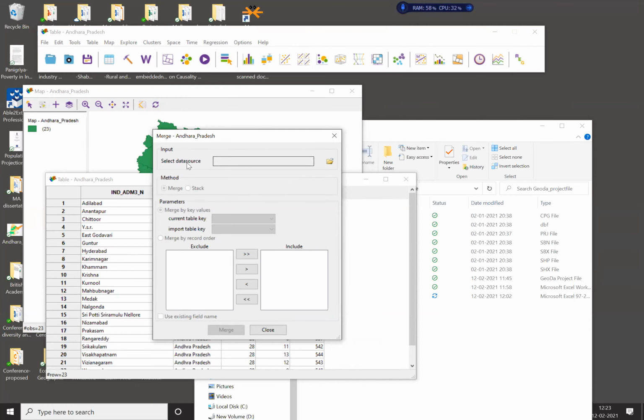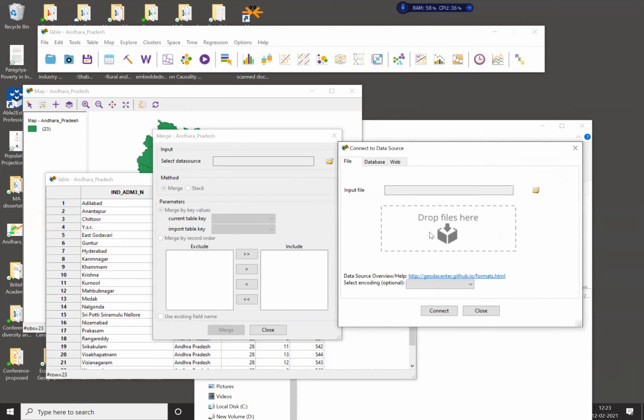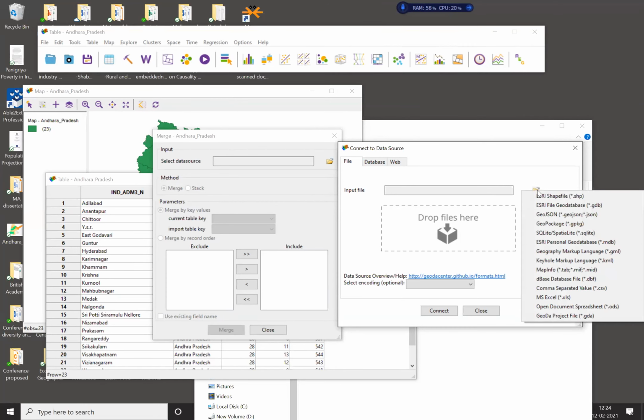So what I will do, I will take it to the data source file. I will click on it, and it will open a similar kind of thing as it opened earlier. Look at what I did, I clicked on it, and it is asking me to drop the file here. Either you drop the file here, or you go to the location where you have saved it. Now, once you click on this, you do not need to open a shapefile. What type of file is it? XLS, the earlier version file. If you have saved a new version, there may have been a problem.